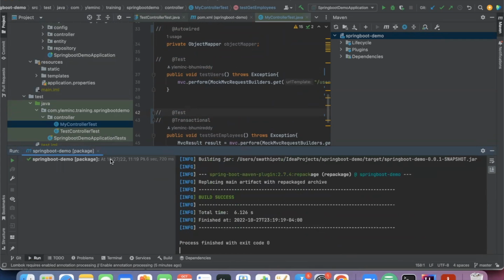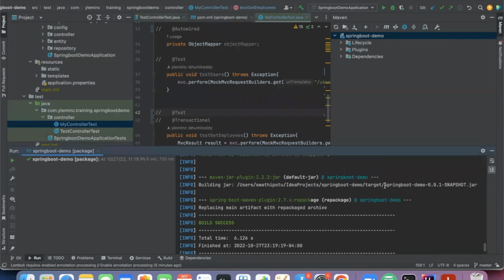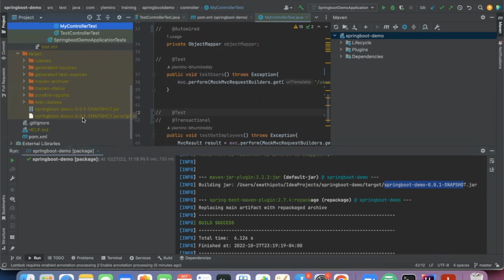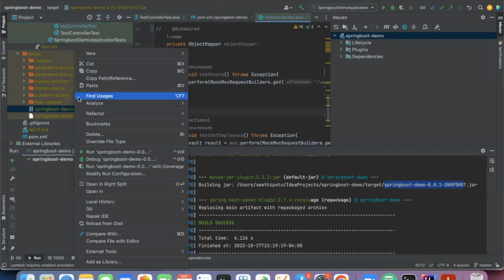Okay, it built the jar file, and the jar file location you can also see. Target demo 0001 snapshot. So if I go here, it's there in the target folder, right? The jar file is generated, right? So if I look into this jar file,